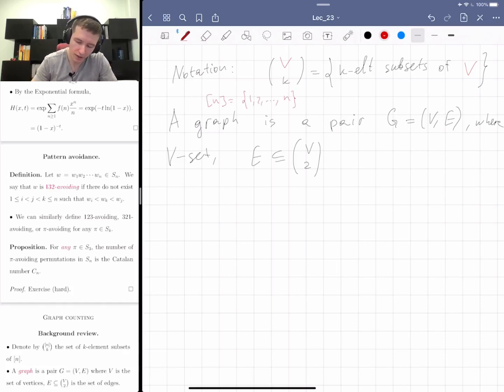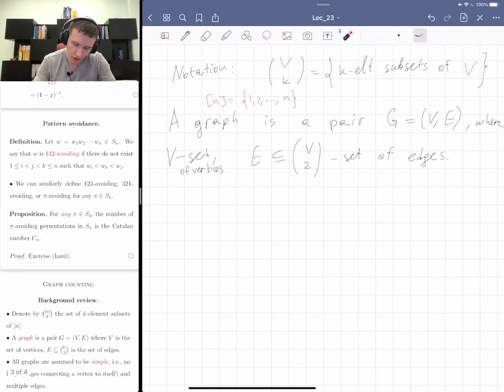That's usually going to be the set of vertices for me, but in general it could be any set. And then E is the set of edges. So V is the set of vertices, and E is the set of edges, which by definition is a set of pairs of vertices. And in particular, this definition includes the notion of